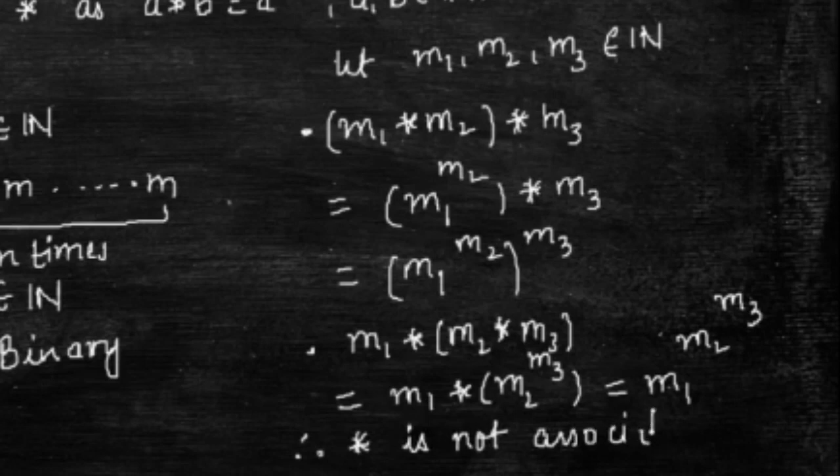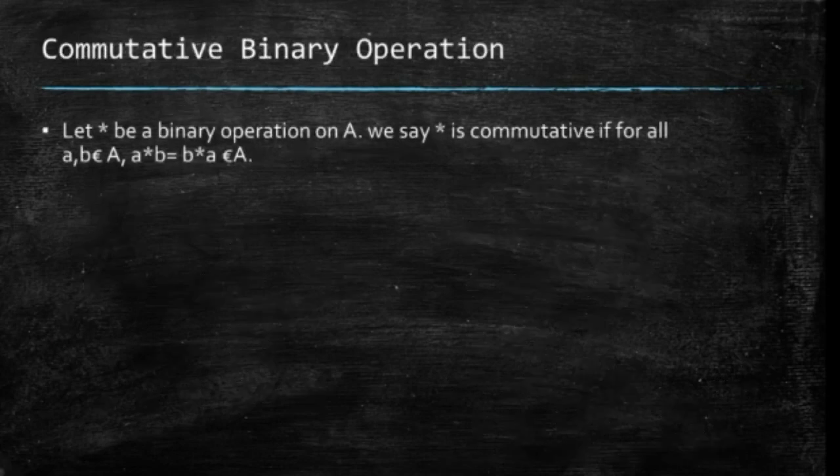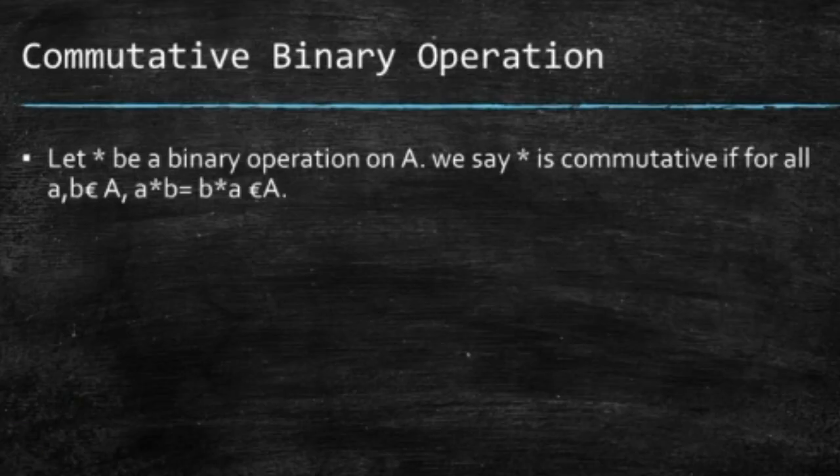So बिल्कुल बेसिक काम करना है इधर आपको. In order to find out associativity, you have to show the LHS is equal to RHS. If it is, the operation is associative, otherwise it's not, right? Next characteristic is the commutativity. And again, जितना associative easy था उतना ही commutative भी easy है.